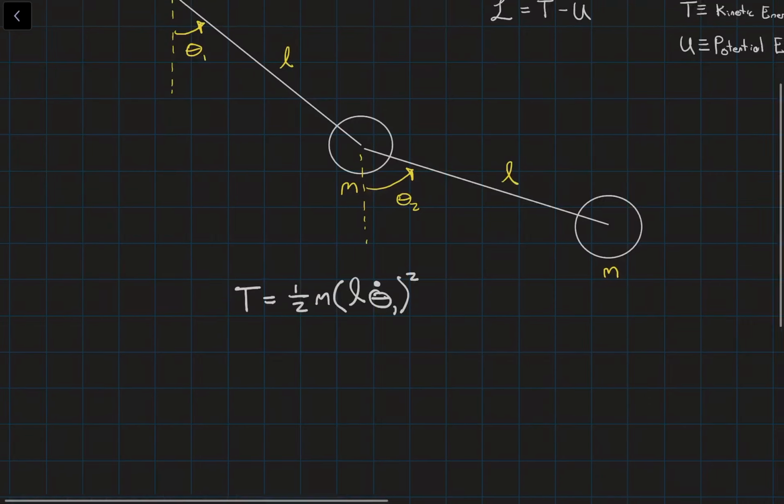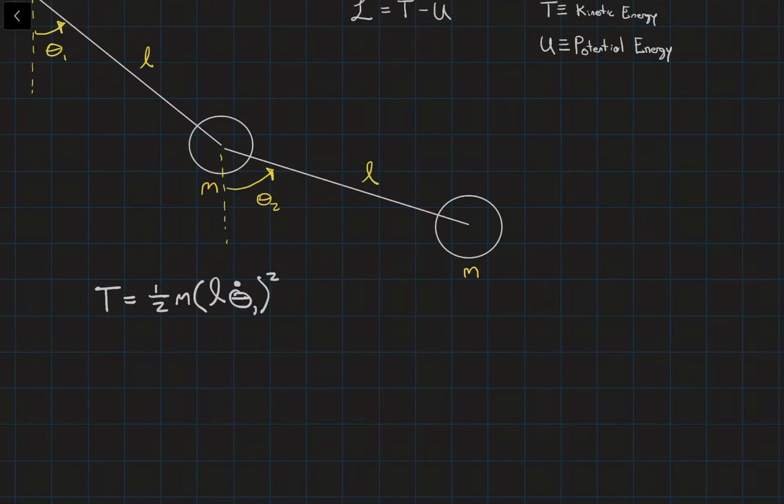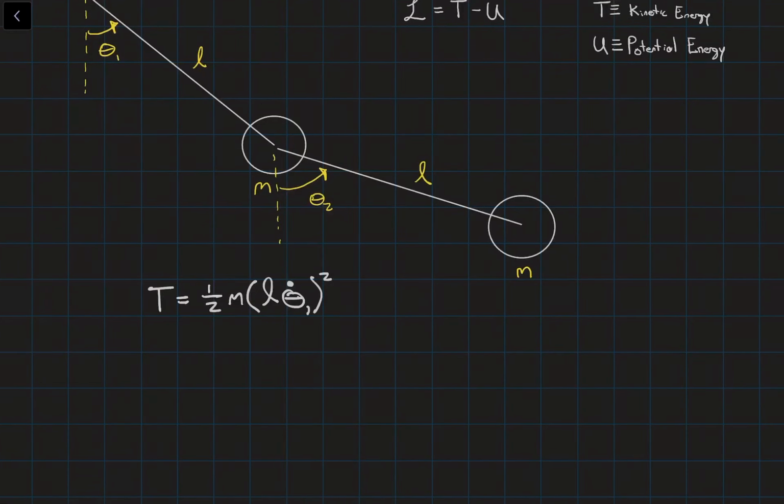right? Because if you remember, if you have something moving in a circular path, the linear velocity is equal to the radius of that circle times the angular frequency, right? So theta 1 dot, this is the time derivative of theta. This is our angular velocity. So then for the next one, we'd have 1/2 m